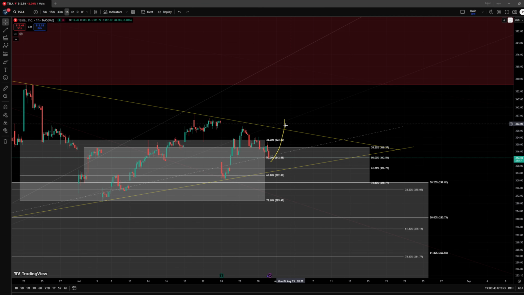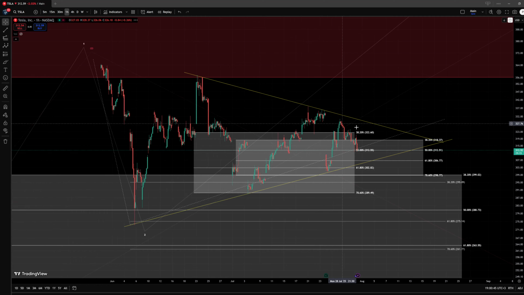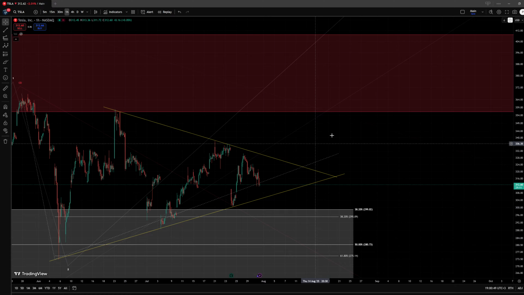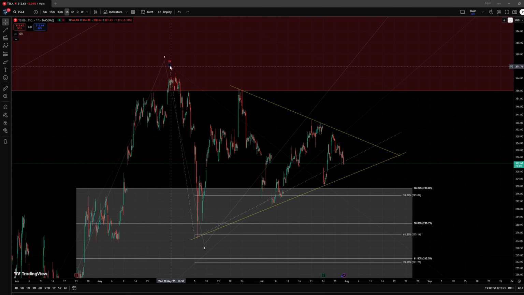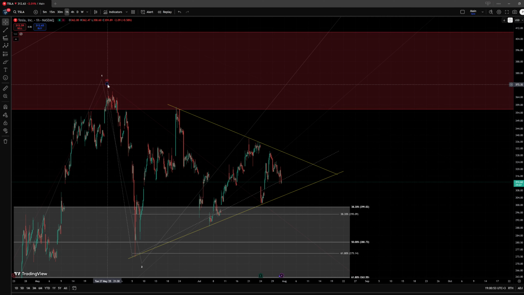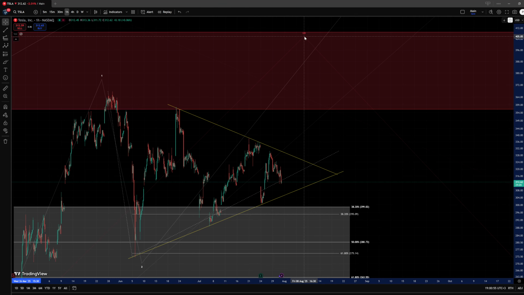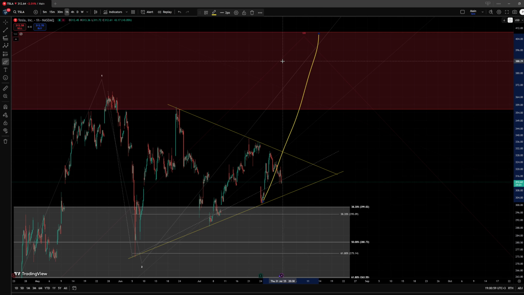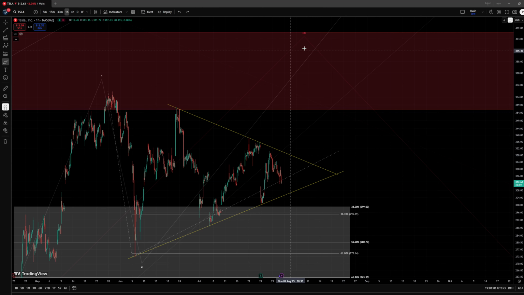Otherwise, I would rather prefer the interpretation that we head directly lower, and there's nothing to do about that. To be honest, it is still possible that we just reset this B wave with a C wave move to the upside. Very realistic interpretation, and maybe my second preference,